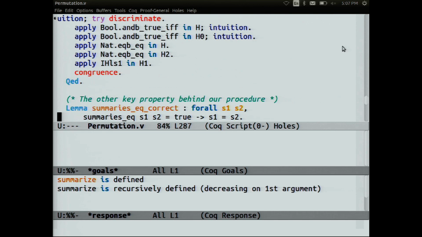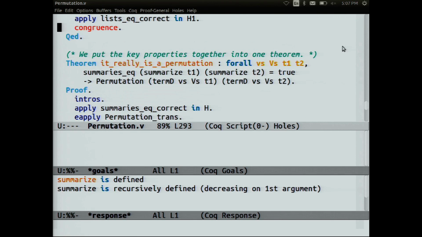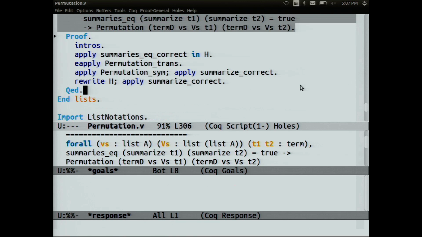And we also depend on the fact that the summaries eq Boolean function is correct. Whenever it says true, then the two sides are really equal. So we can put these together into a theorem I like to call really is a permutation, where if you're trying to prove that two different term D results are permutations of each other, where they agree on the variable lists, then it suffices to run summaries eq on the summaries of the two terms and check that that's true. Notice that summaries eq, in fact this whole first line, doesn't use the variable lists at all. It really only operates on terms whose exact structure we know. So it turns out that really is a permutation really is a theorem,